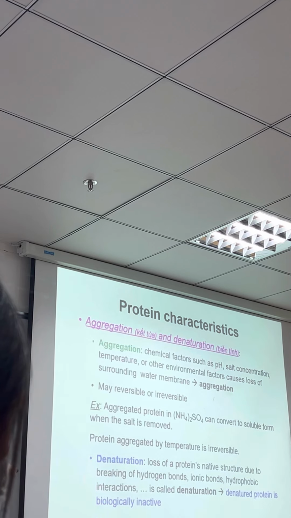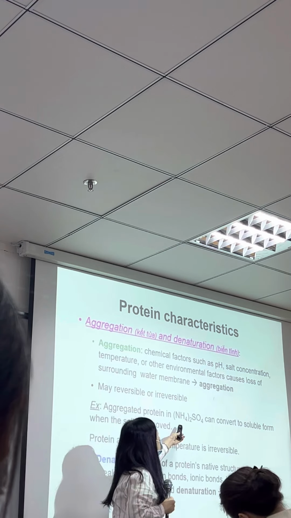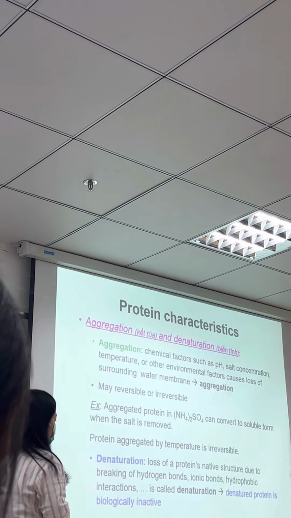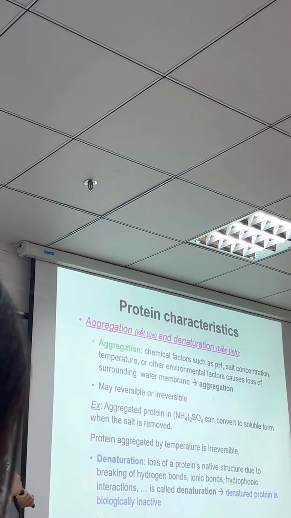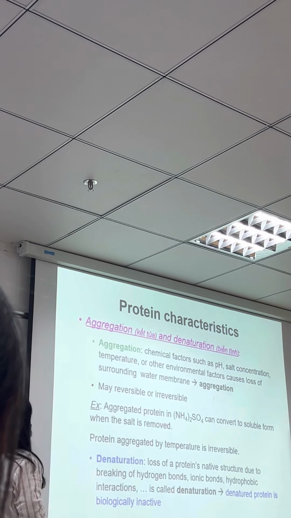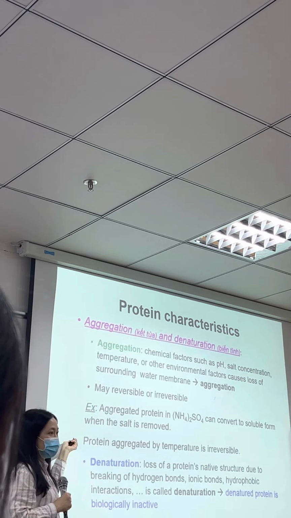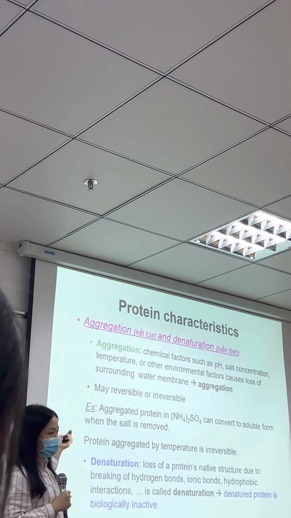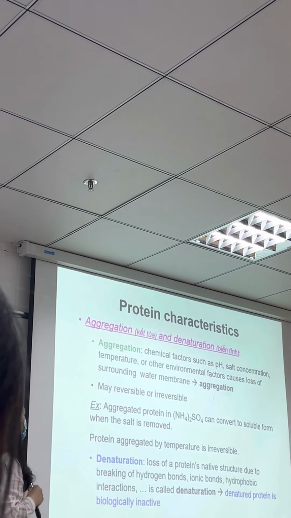Aggregation can be reversible or irreversible. For example, aggregates of proteins in salt, such as ammonium sulfate, can be converted back if you remove the salt. But if aggregation is caused by temperature, it's irreversible. Denaturation,